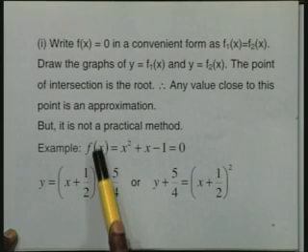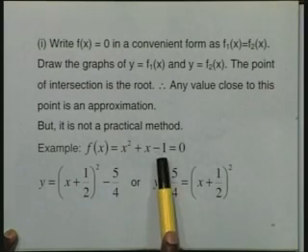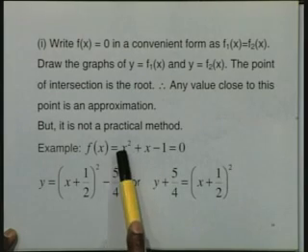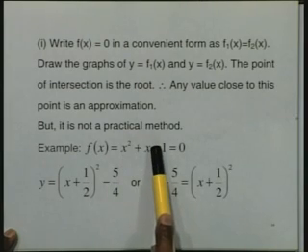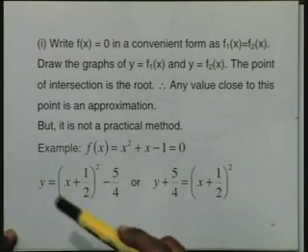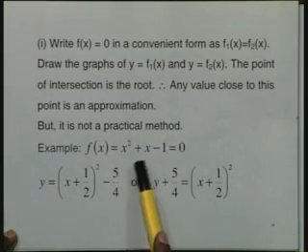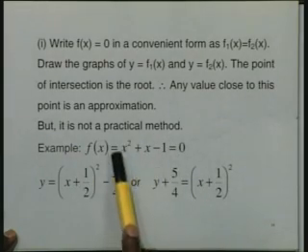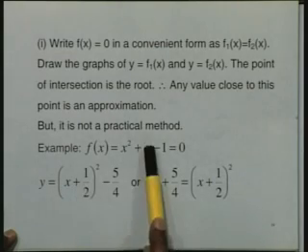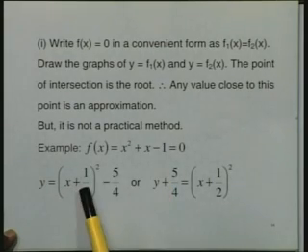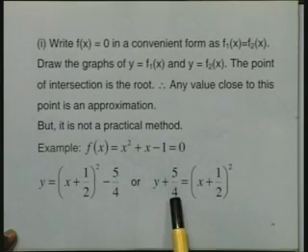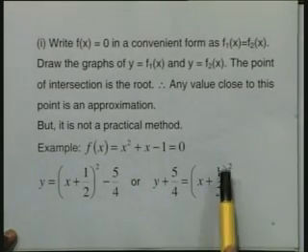I take a simple example, f(x) is x square plus x minus 1 is 0. So, I want to get the initial approximation for this one. It is a quadratic equation, I know it represents a parabola. I will try to draw the graph of the parabola approximately. So, I can write y is equal to f(x), then make this a perfect square, x plus half whole square, and then add and subtract 1 by 4. So, I will get minus 5 by 4. I take this 5 by 4 to the left hand side. So, y plus 5 by 4 is equal to x plus half whole square.